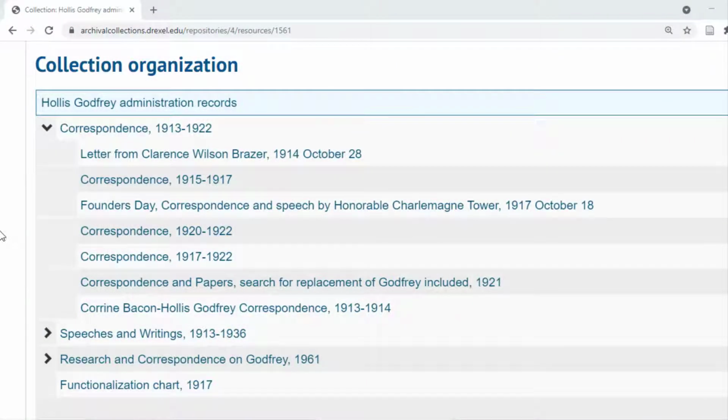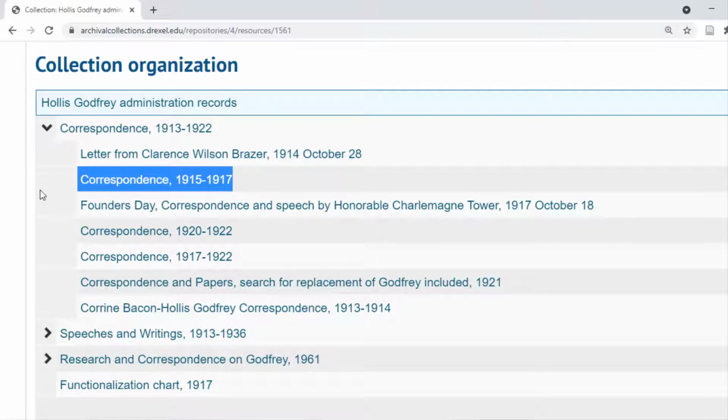The second is that this is probably the smallest unit of description for an archival collection. It's very rare that a finding aid will include description of or information about individual items. The folder level information is probably the closest you'll get, so we always strive to make folder titles in an inventory as descriptive as possible. For example, Correspondence 1915 through 1917 is a pretty good folder title. It tells you what kinds of documents are inside and what the date range of those documents is. This is all a little abstract, so keep in mind that when I say folder title, I actually mean a title written on a physical folder.